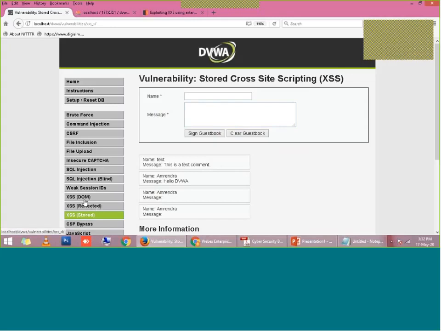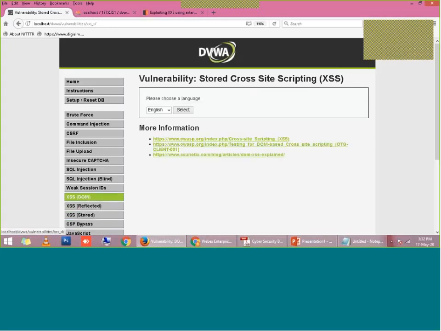Suppose there is a drop down here and it is showing English, and you have to select the language. When you select the language and click the select button, the website will be translated into that language. If we have not filtered this drop down data, if we have not generated this drop down data by programming, then this DOM-based attack may be performed.